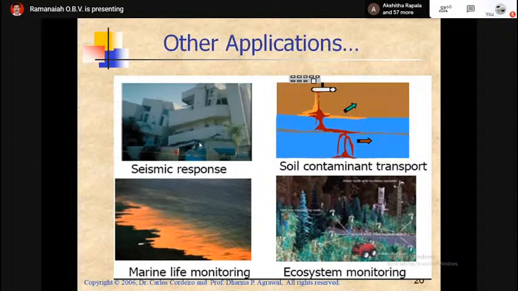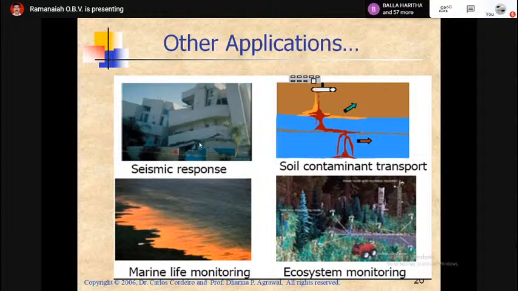So the golden window of 30 minutes can be used to evacuate the people, or you can ask them to come out of their houses so that human life loss can be minimized, right? So that is the first seismic application. Next, you can see the concept is very similar, but this is to measure the soil contamination, particularly in